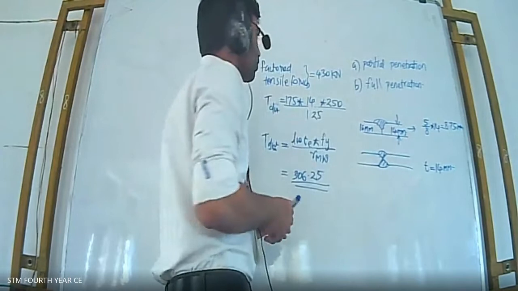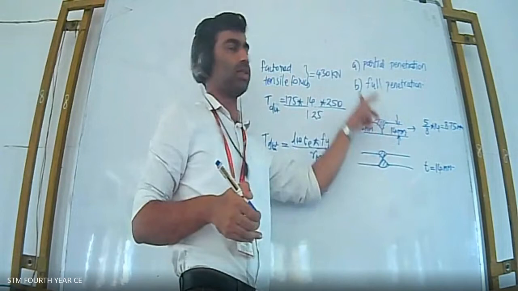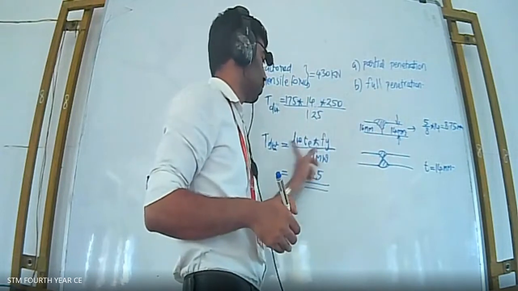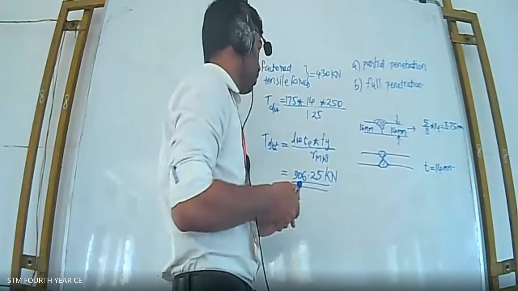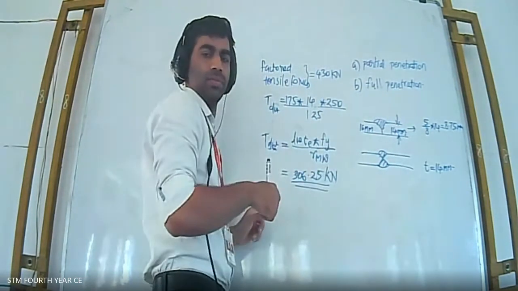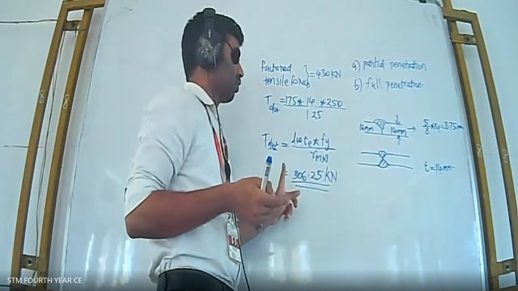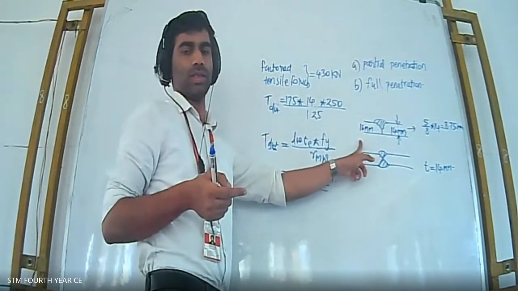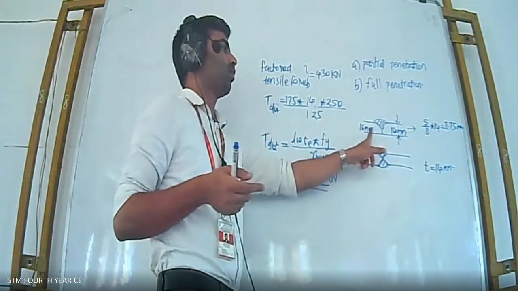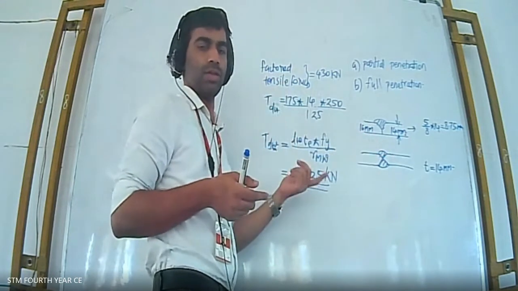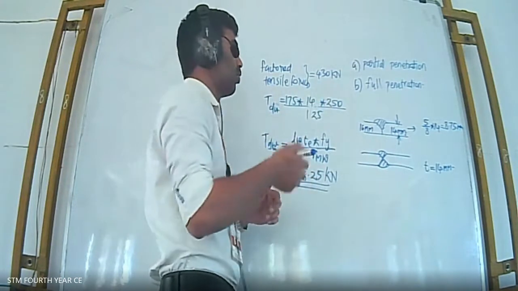The load that is coming on the junction was 430 kilonewton, but the junction is capable of taking this much load only. So what is the significance of this equation? From this equation, if you substitute, you will get a value which is taken by the junction for a maximum. For a maximum condition, this much load only will be taken by the junction. That is the significance. But if you provide 430, it will fail definitely. So you have to redesign this structure.